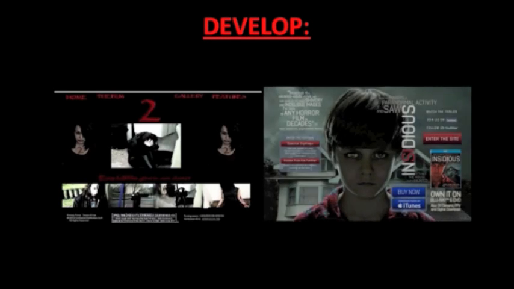We looked at Insidious quite a lot for our development. Certain aspects we used, such as the red and white theme going on. However, we felt that it was a bit clustered, and we weren't too sure where to go with this film trailer. We looked at Sklar's theory for our webpage, and we couldn't really fit a theory to the Insidious page, as we wouldn't know where to start reading it. Whereas with our one, you could really tell that you go across the page, whereas Insidious, you just have absolutely no idea where to go. So it doesn't really link in with Sklar's theory, which we felt attracted our audience from wanting to visit this